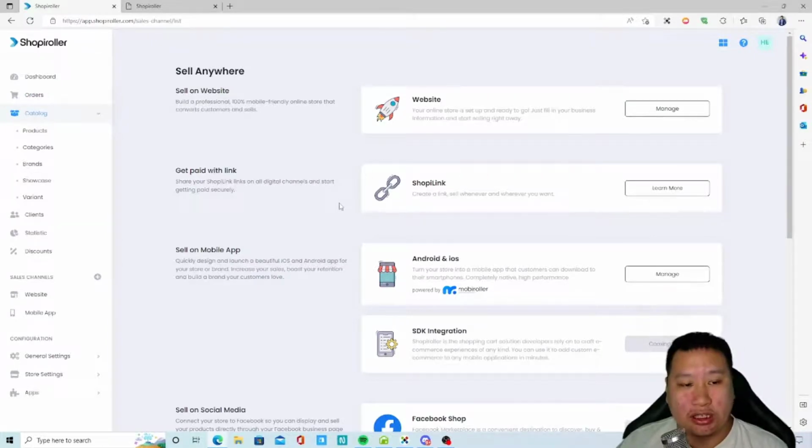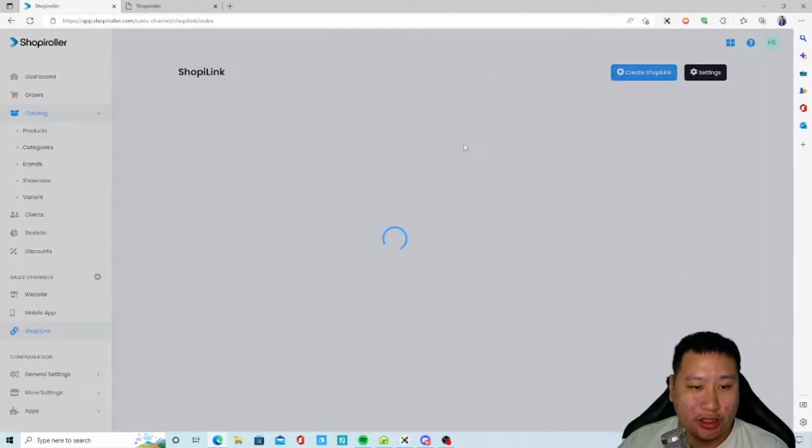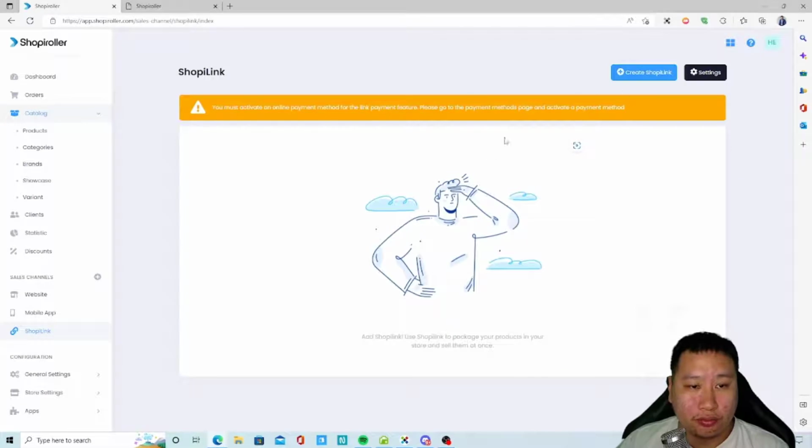Next is the Shopee link. Okay, so let's try this. With the Shopee link, I believe you pretty much just send the link to someone else and they can just make payment for the item instantly. Okay, so that's the Shopee link. So next is, let's see,